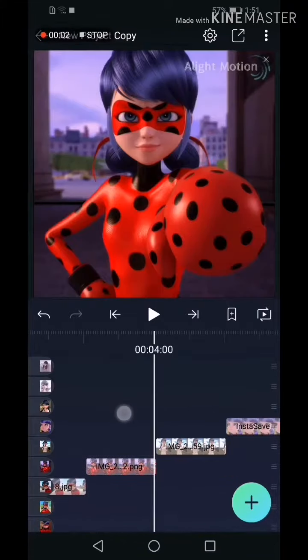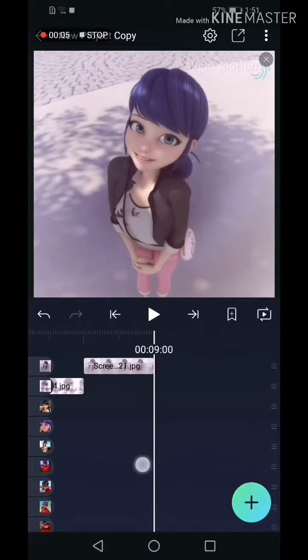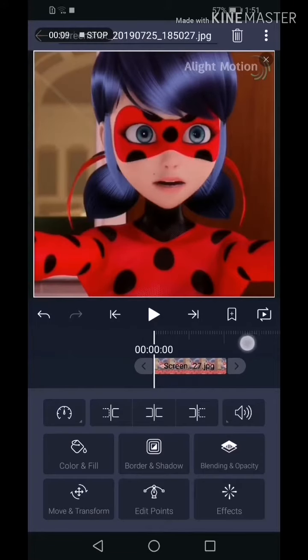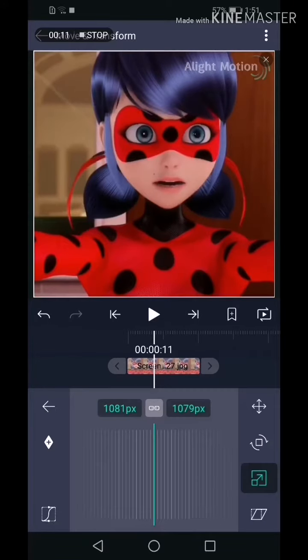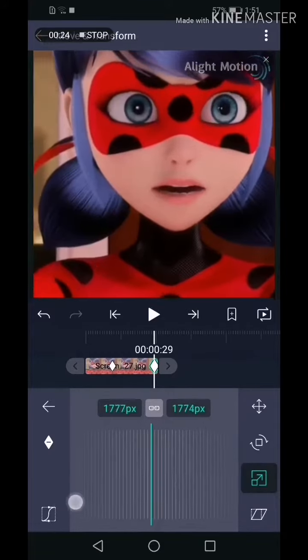First, place all of your pictures and split them however you want, obviously. Then we're going to make a basic pop transition. You are going to go to move and transformation and the third one, then add 2 keyframes. A keyframe is basically where you want your transition to start and end. Now on the second one, you are going to zoom in